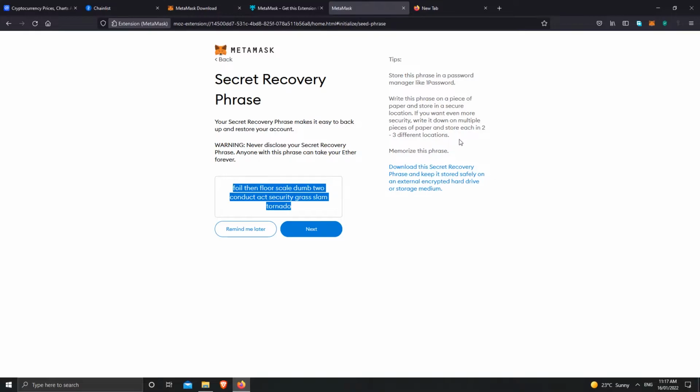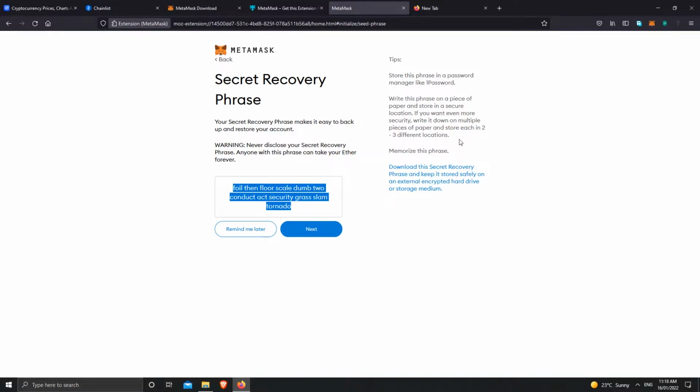Don't take a screenshot, don't take a photo of it, because if you have a screenshot or a photo of it, still the photo might leak on the internet. Who knows, there's a lot of hackers, a lot of leakage of your photos. Make sure you control your privacy, write it on a piece of paper, put it somewhere secure that no one can access. We might have future videos on how we can make it even more secure, how we can change the phrases a little bit so that only you can realize